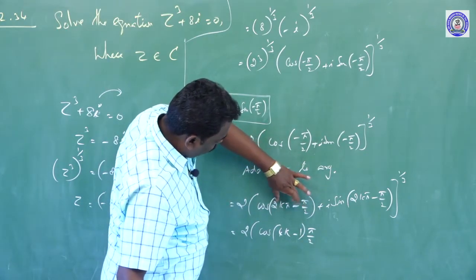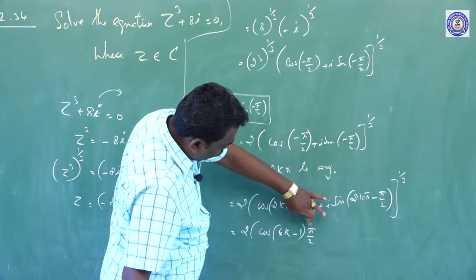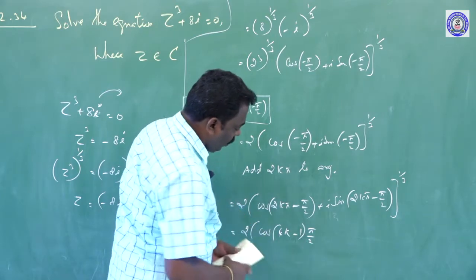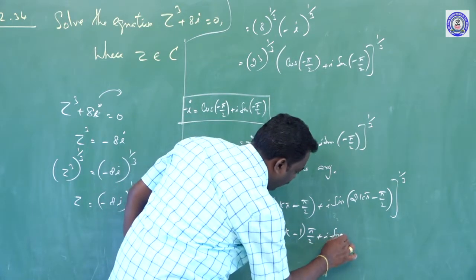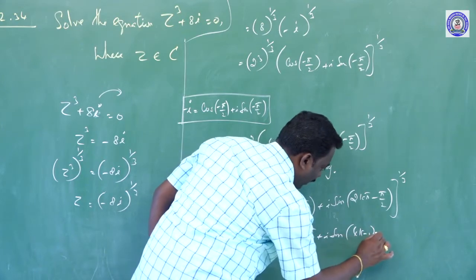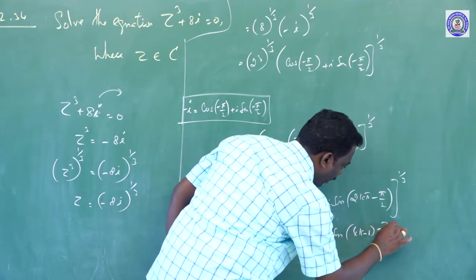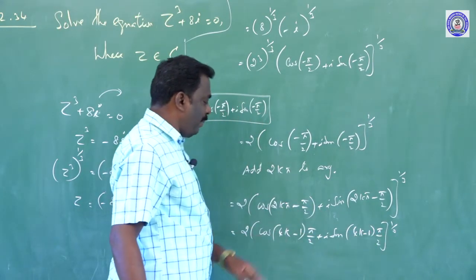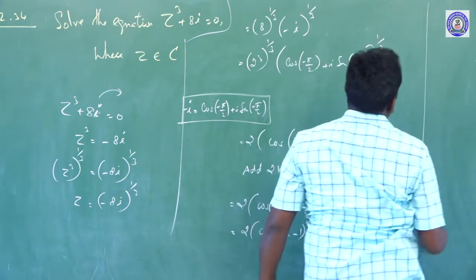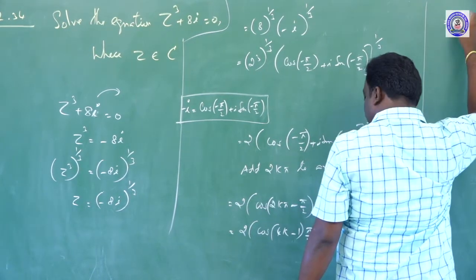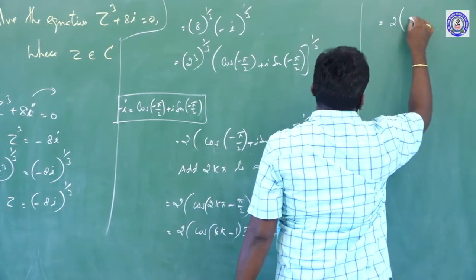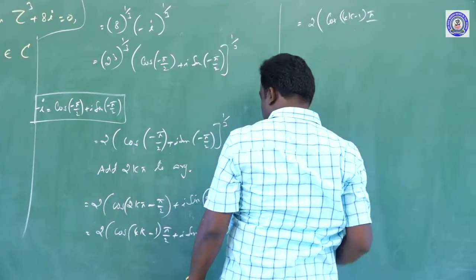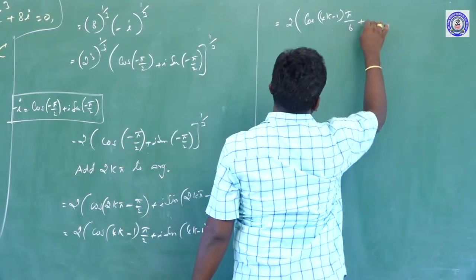Multiply 2 by 2 is 4, so 4k, with pi common, taken outside. So remaining here is 1. Therefore it is 4k minus 1 into pi by 2, and similarly plus i sin of 4k minus 1 into pi by 2, whole power 1 by 3. Now bring the power inside the bracket by applying De Moivre's theorem. Therefore the next step is 2 into cos of 4k minus 1 into pi by 2 into 3, that is 6,